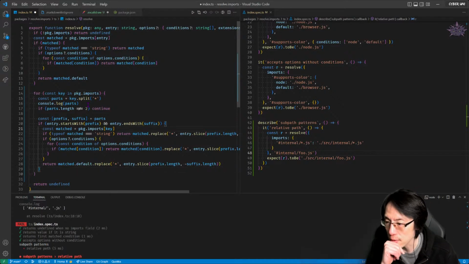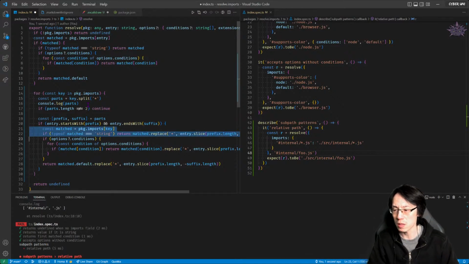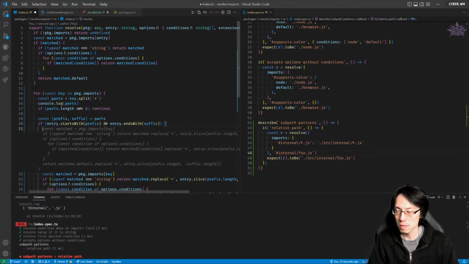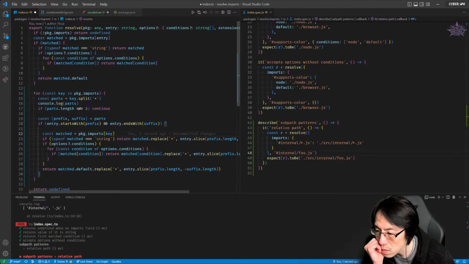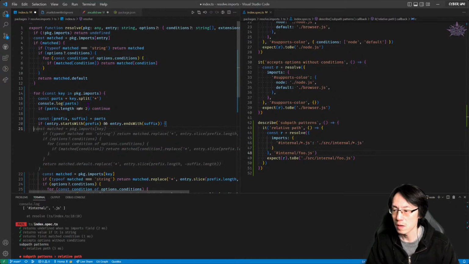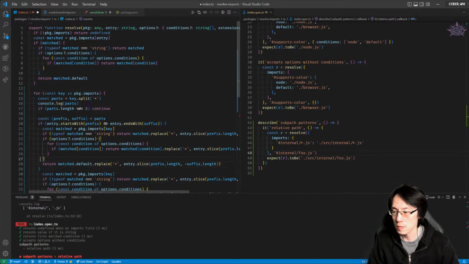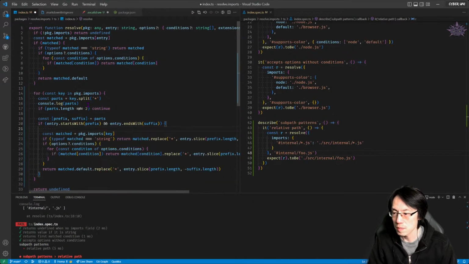So what do you get? So match package import key. No, this is not right. Yeah. This doesn't look right. No. Come on. If that's the case,